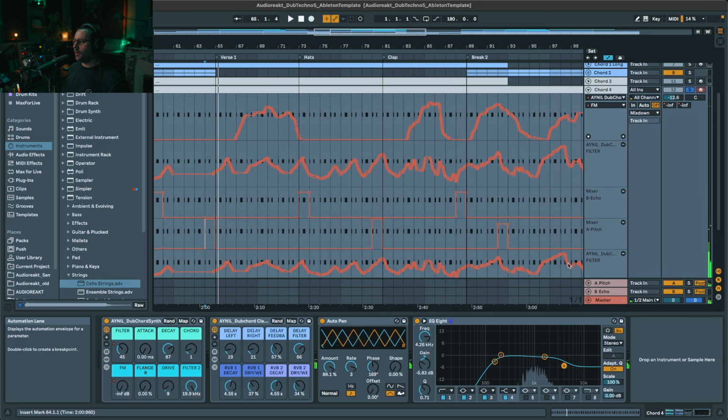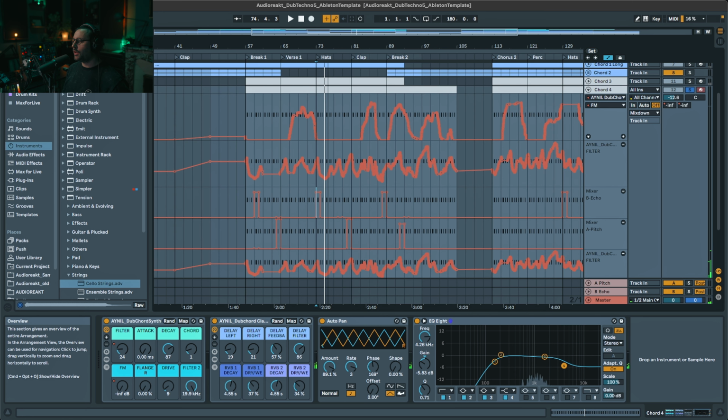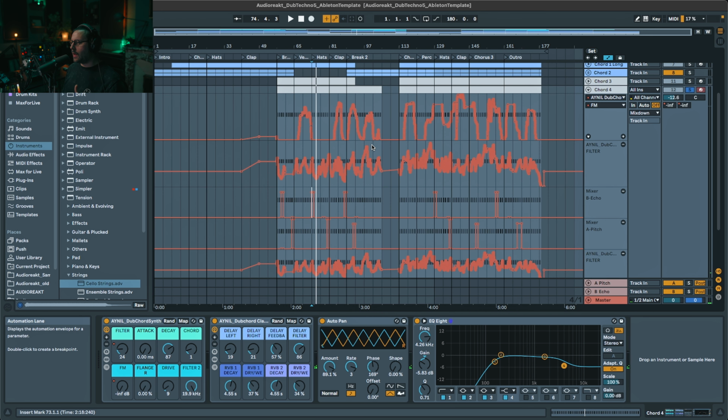You can hear the reverb. If I remove it, nothing happening. But you can hear, and this is the dub delay. This is more like kind of an extra dub delay. So yeah, all of this variation, even if it's the same chord playing all around, it will add a lot